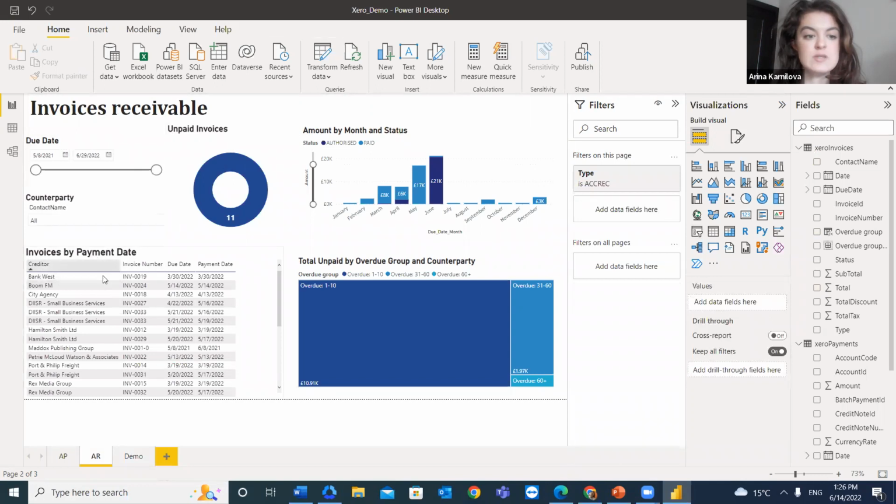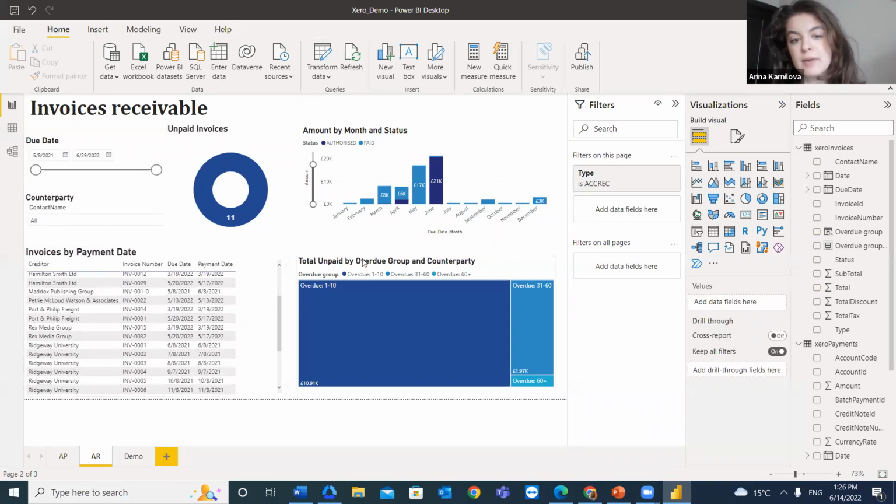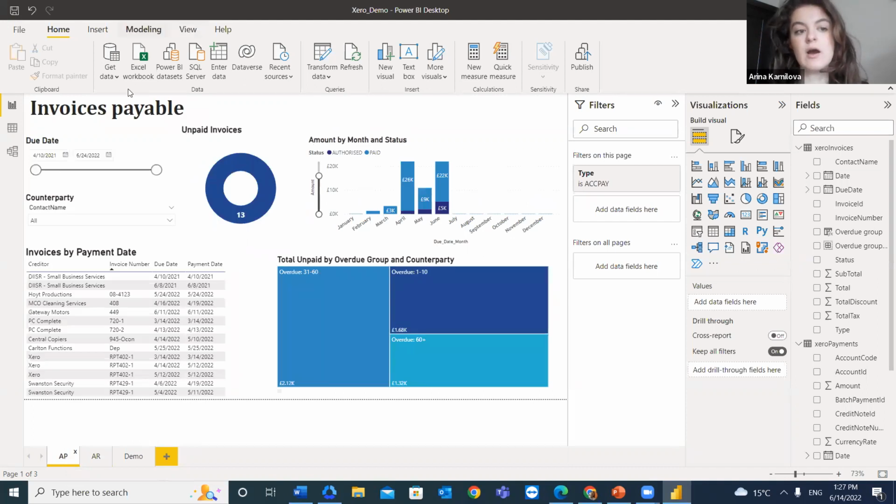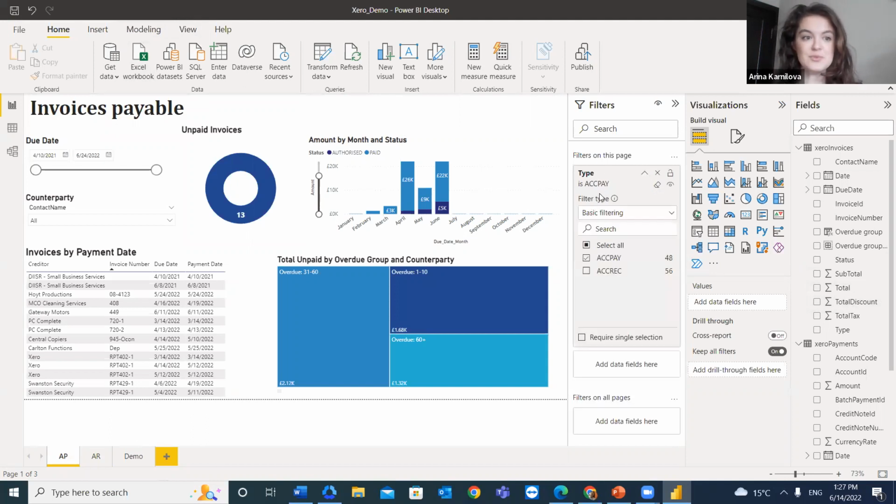We can see the invoice by payment date and unpaid by overdue group. For example, how many percent the overdue group from 1 day to 10 is in the company. And also the same report can be built for invoice payable, just filtering and using the type criteria. So this is